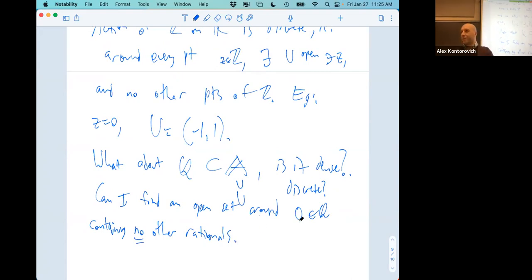You're saying it's impossible because I have the reals inside the adeles. That would be my intuition, the first thing I would think of. Even if the first component is rational, that's right, you need all of them. I need all the components to be rational, but I need one open set U that's going to contain zero and no other rationals.